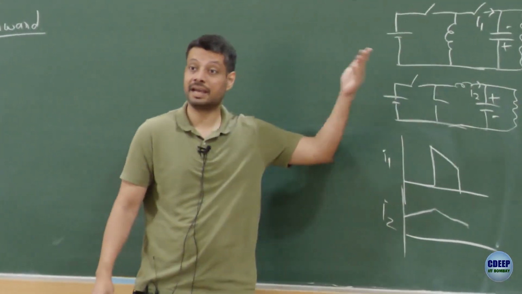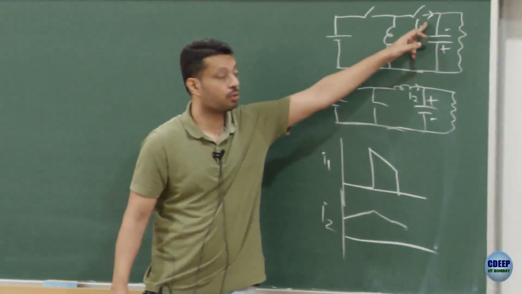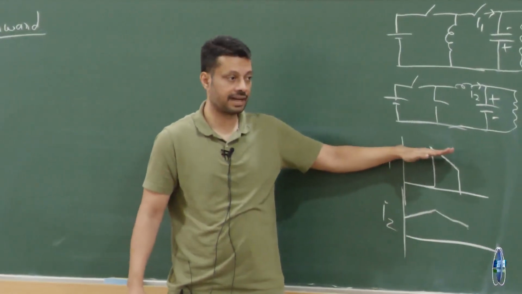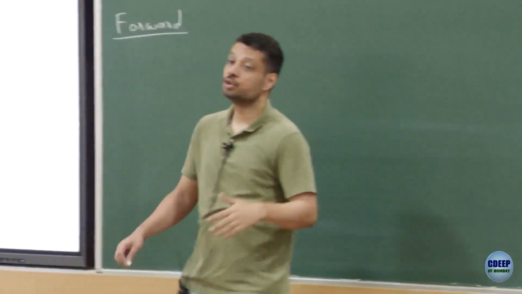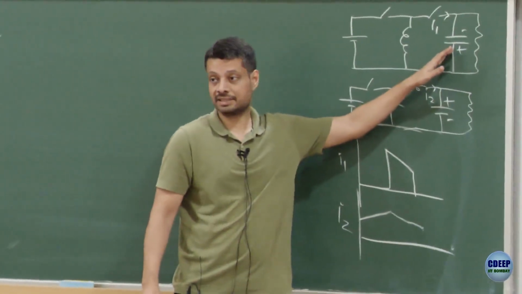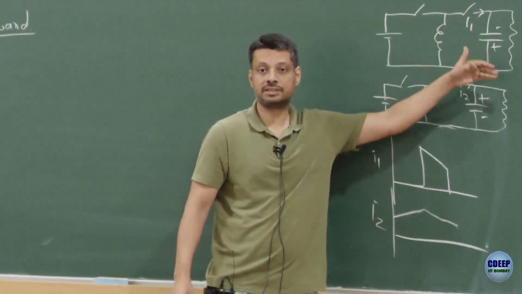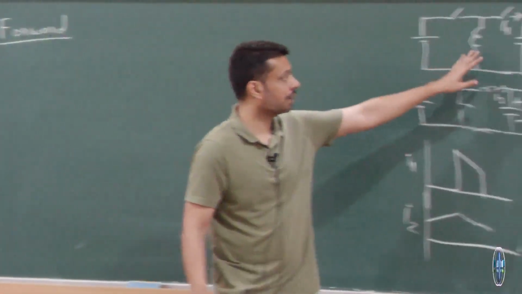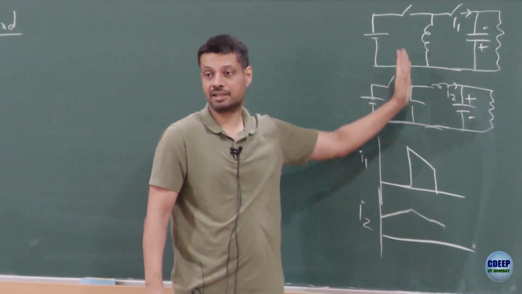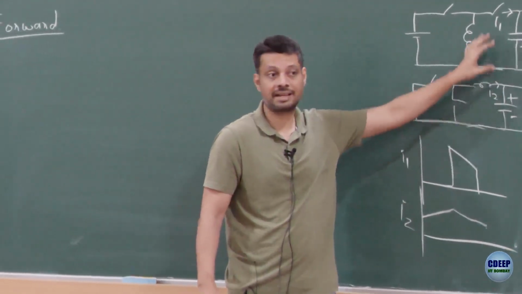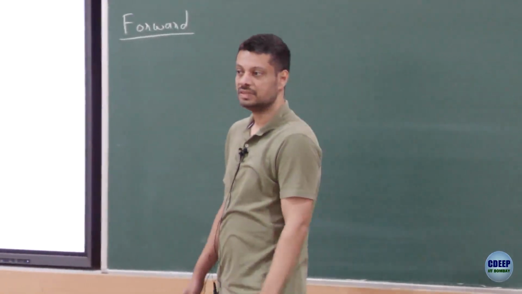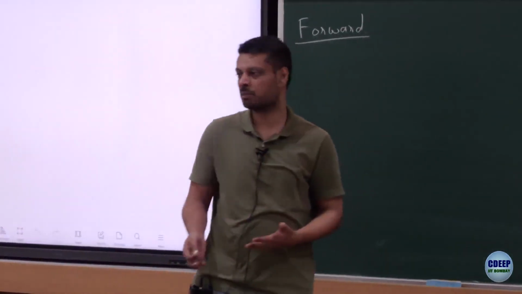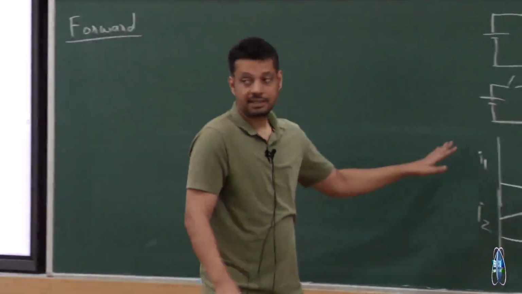Buck boost, even if you kept the L value infinite, still the current going from here would be like a square wave. This slope will go away, this will become flatter, but it would still look like a square wave. So you have to have a large value of capacitance at the output so as to absorb this ripple current. Therefore, qualitatively, if you want to work with the same capacitance values and same inductance values, buck would have smaller output voltage ripple as compared to buck boost. Is that okay? So therefore, we always say that if you just have to do buck, just do buck, don't use buck boost. Is that doubt okay?